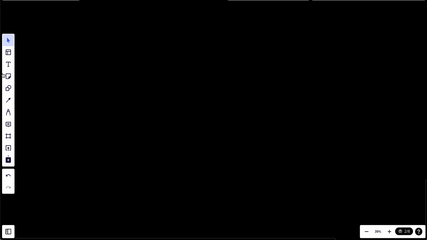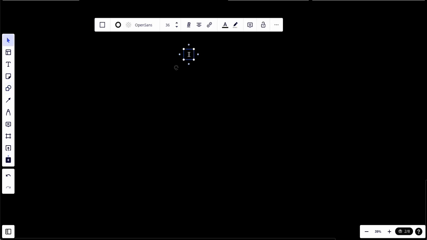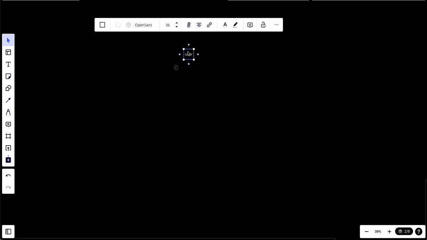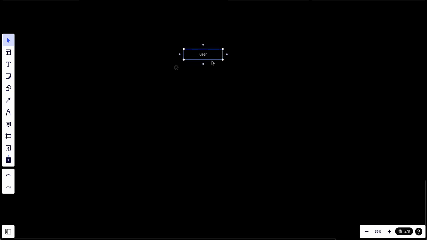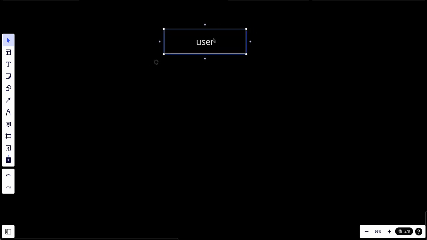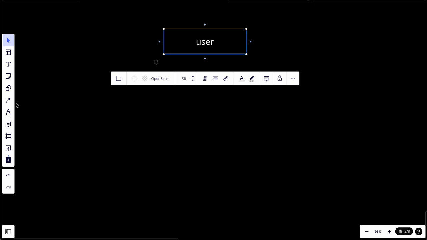Now we know what service discovery is and why we need it, so let's see how the system will look with service discovery, or where service discovery works. So we have a user. I just make this user quite big. Okay. So this user, as we said before, connects with,